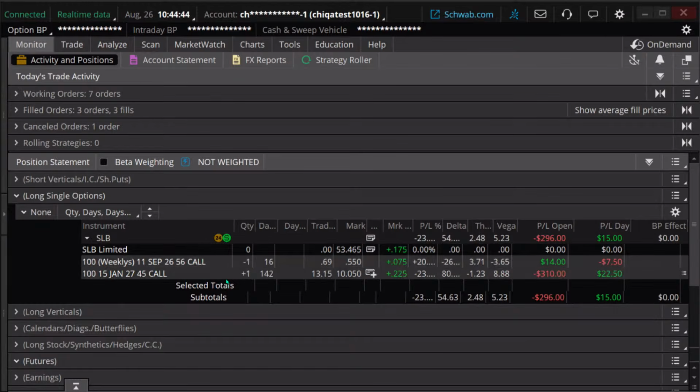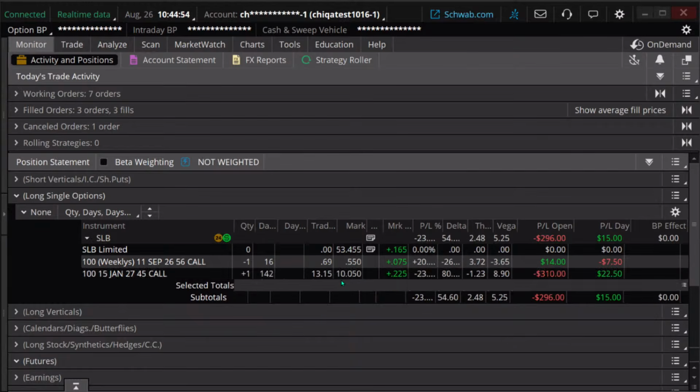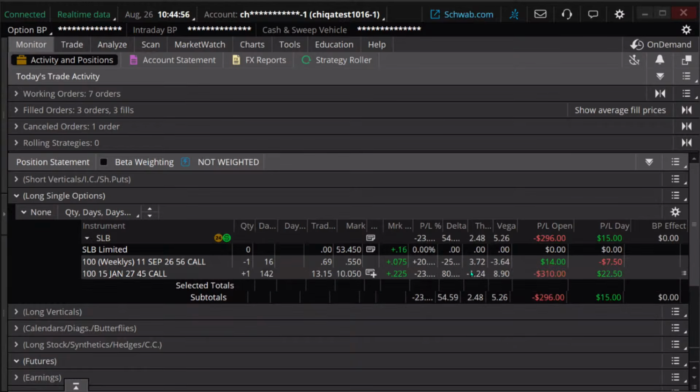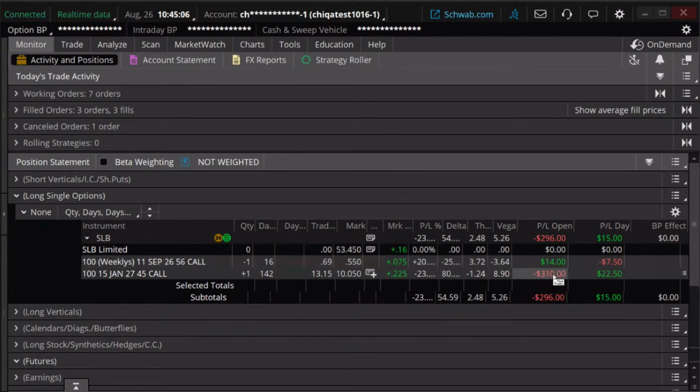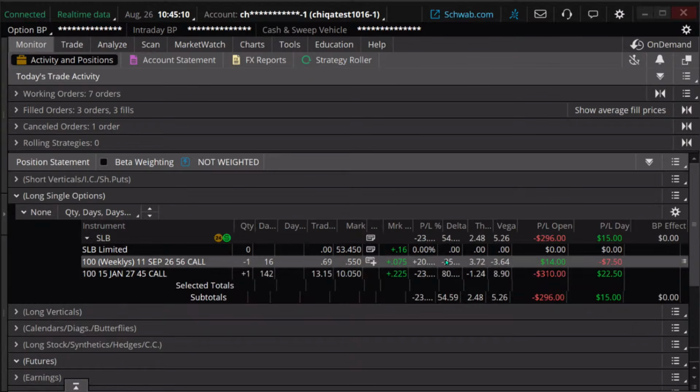But it's kind of the specialized thing where we're going to just kind of keep on trying to roll this and view this almost as if it were like the stock. It's not the stock, it's different. But you can see we're kind of in the hole on this. Okay, we're down a little bit. The short calls actually help to offset it, not much, just a little bit. But we're going to look to roll this as we go forward.